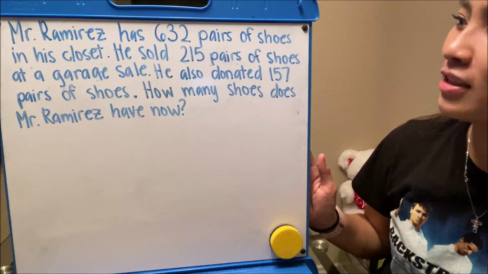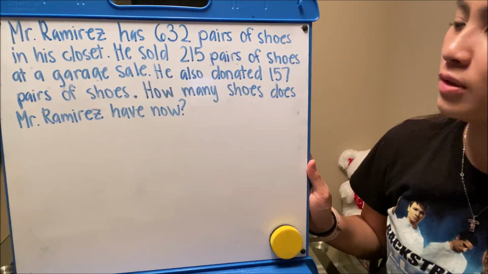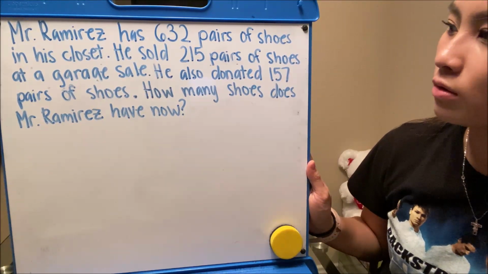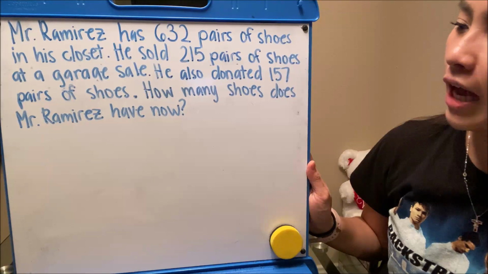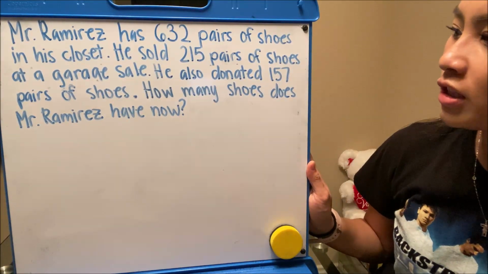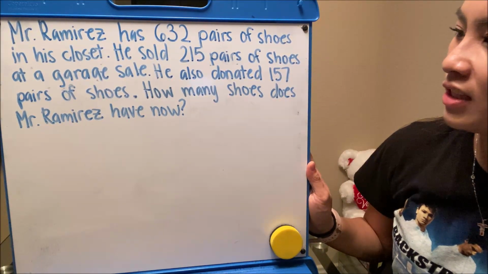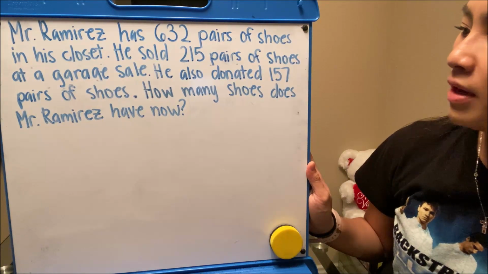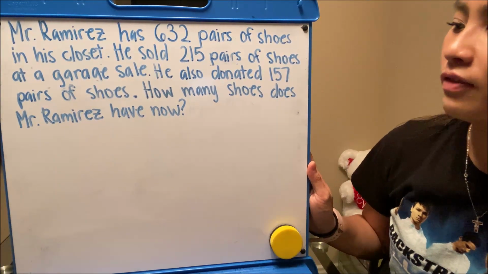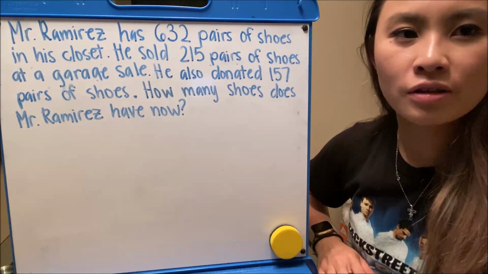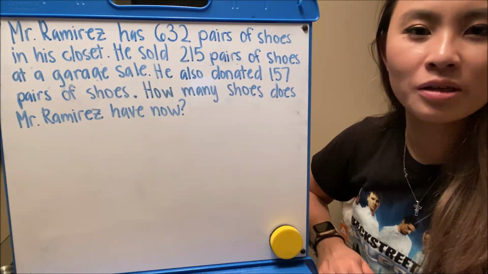All right, guys, here is your exit ticket. Mr. Ramirez has 632 pairs of shoes in his closet. He sold 215 pairs of shoes at a garage sale. He also donated 157 pairs of shoes. How many shoes does Mr. Ramirez have now? So go ahead and work this out, take a picture of it, and upload it onto your